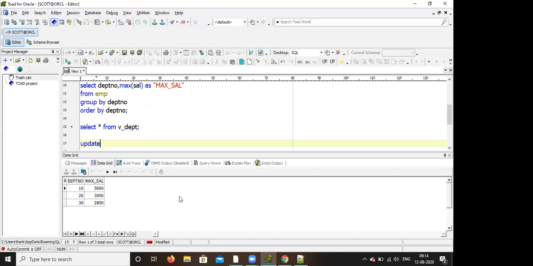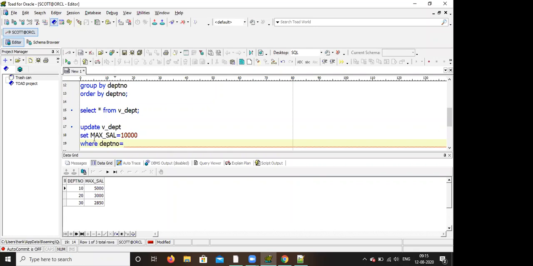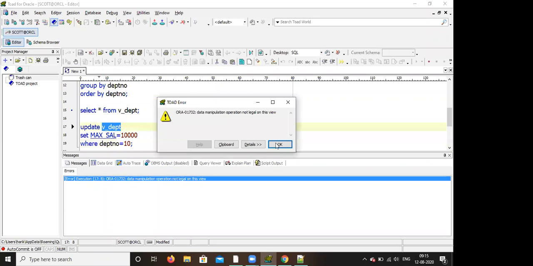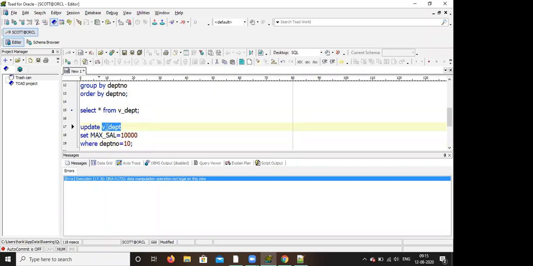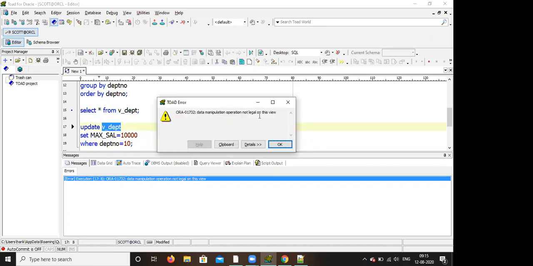Make it 10,000. Run that update statement. I want to see the error. You can see here: data manipulation operation not legal on this view.